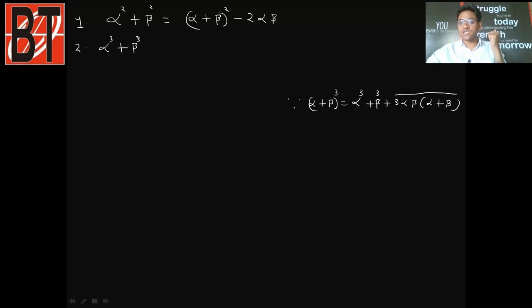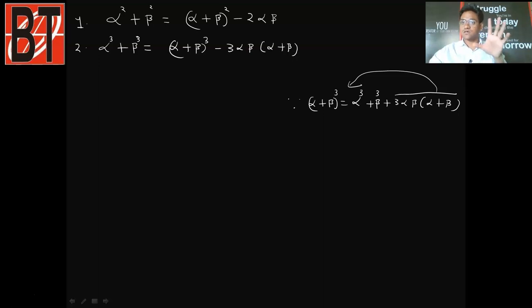Okay, now suppose somewhere I need the sum of cubes, that is alpha cube plus beta cube. Can I find alpha cube plus beta cube also? Yes, absolutely. In 9th class you studied the identity for alpha plus beta whole cube: alpha cube plus beta cube plus 3 alpha beta into alpha plus beta. Remember this identity? Now students, if you transpose this complete term to the other side, you will get alpha cube plus beta cube written as alpha plus beta whole cube minus 3 alpha beta, and in the bracket alpha plus beta.